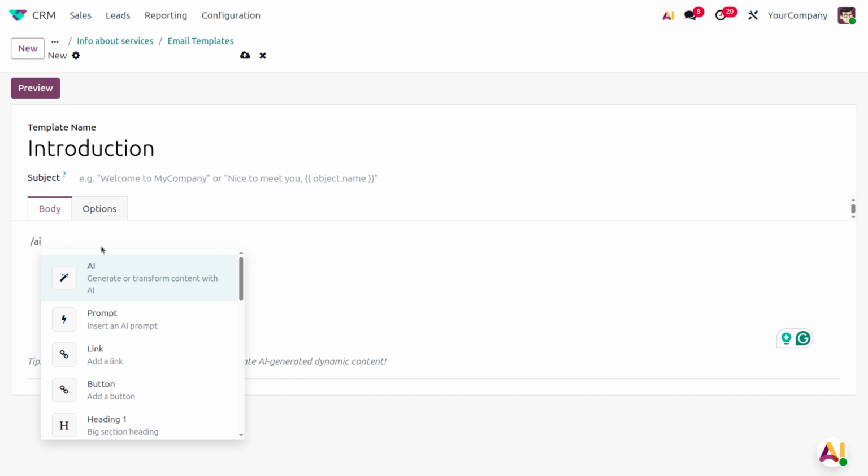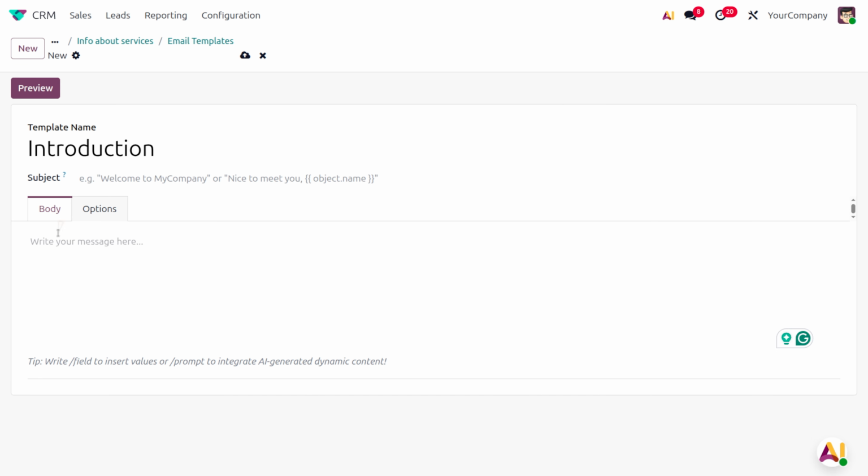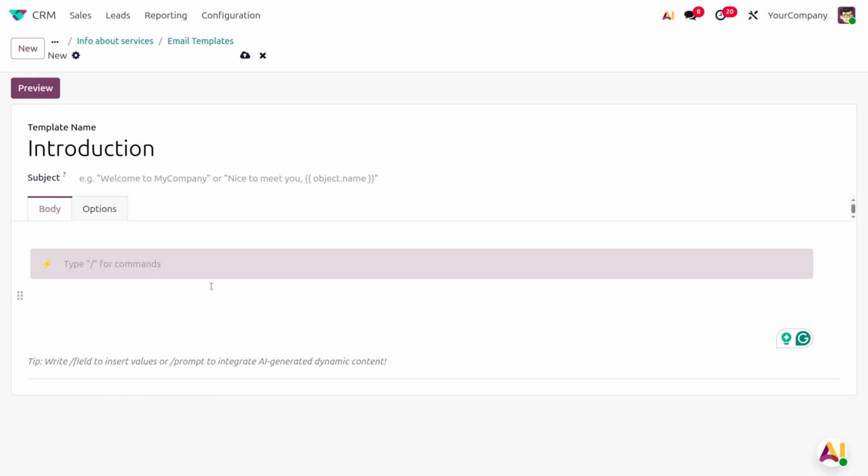Use the slash, and here you can see AI, and inside that we will have the prompt. So AI, afterwards choose the prompt. Here you can provide the prompt, like write a quick introduction